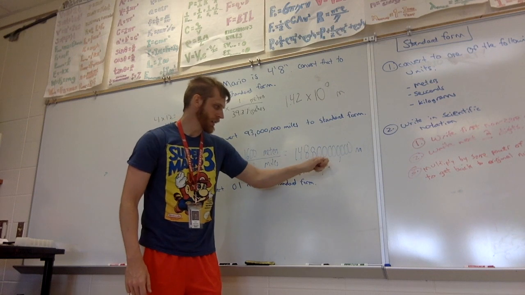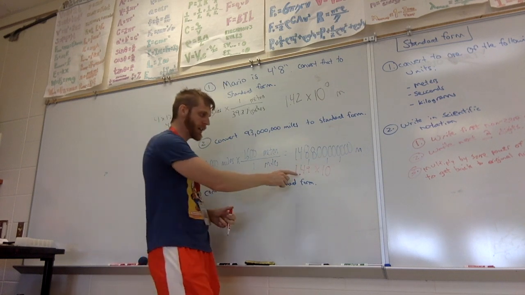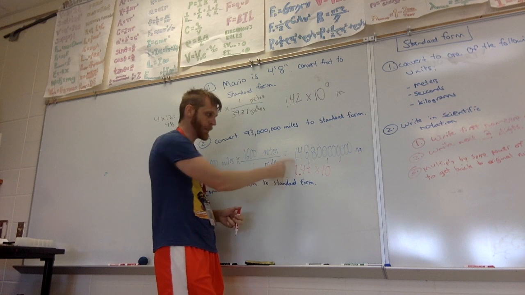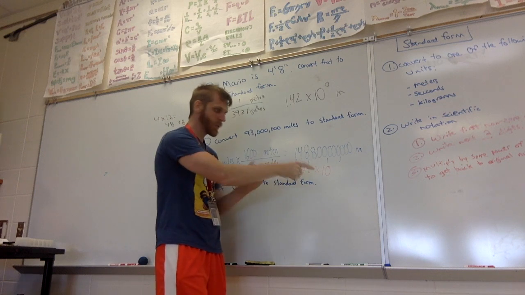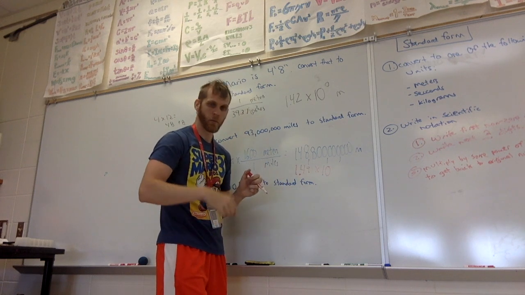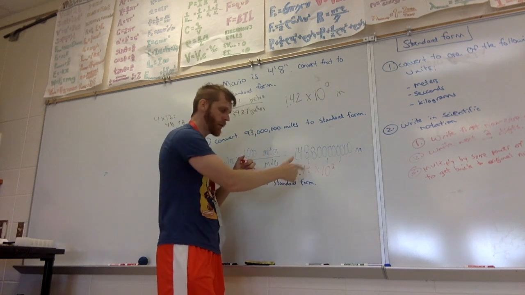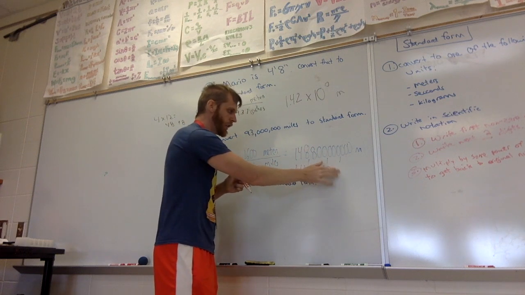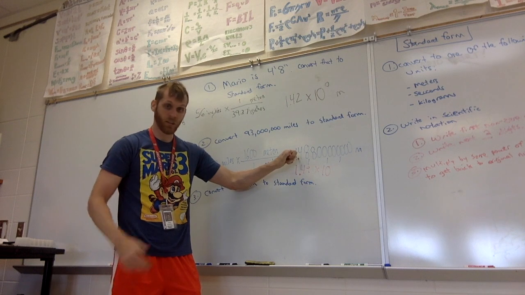So I multiply by 10 to some power. Now if I multiply this by 10, I just get 14.9. That's not big enough. If I multiply by 10 squared, I get 149. That's not big enough. If I multiply by 10 cubed, it's 1490. It's not big enough. So what you do is I start here, and I just count over how many places